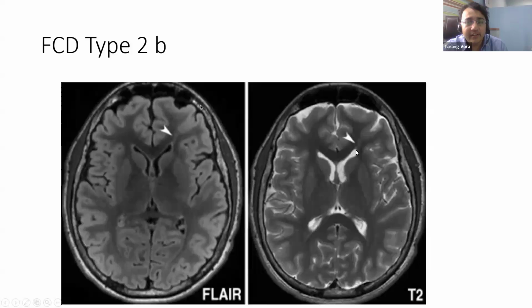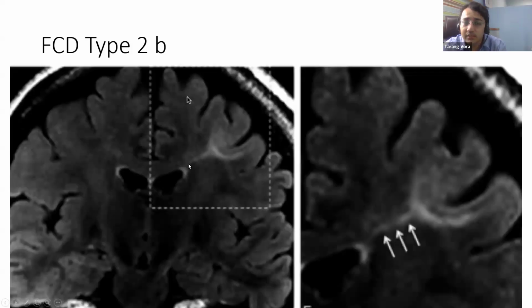We talk about the ventricle because the neurons migrate from the subependymal zone around the ventricles towards the cortex, and in this migration, when they are left behind and they have never reached the cerebral cortex, they leave behind a tract, and this tract is what we call the transmantle sign, which is common in FCD type 2B. This is a very good transmantle sign, which again is seen in FCD type 2B.